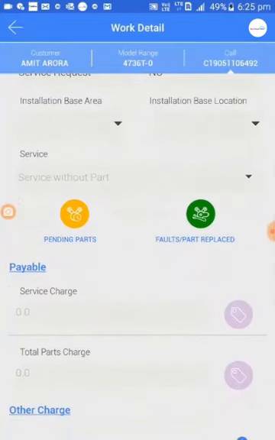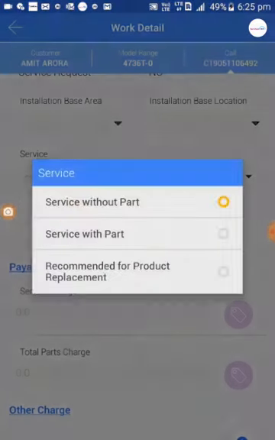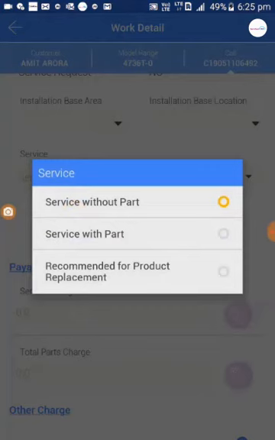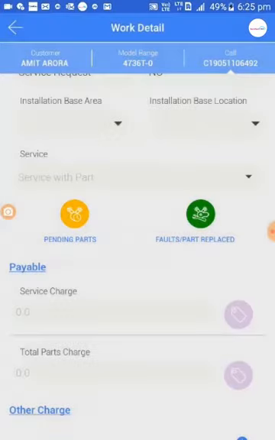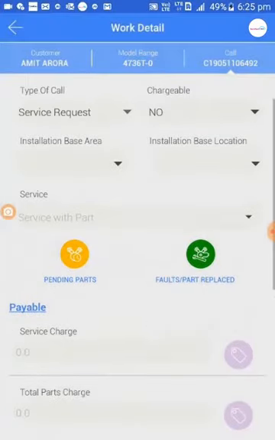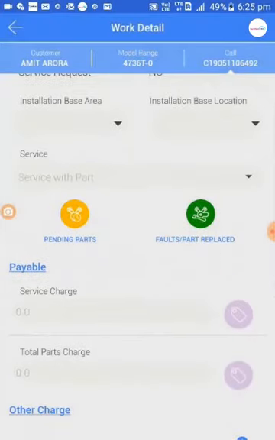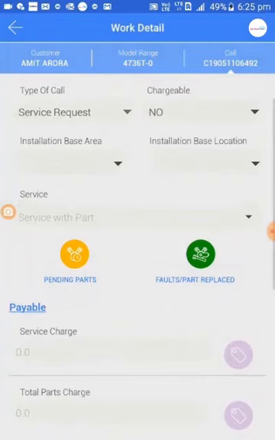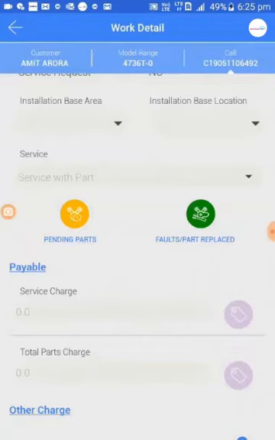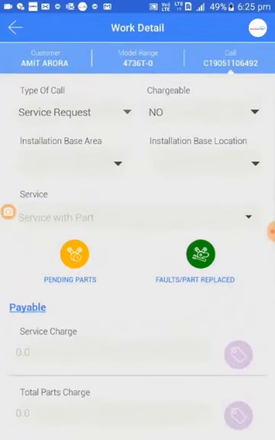There are 3 options available: service without part, service with part, or recommended for product replacement. If any call would require a closure with part, I need to select the second option, and then I can see 2 options here: pending parts or faults part replaced. If I am requesting any indent here, I need to select the pending part option,